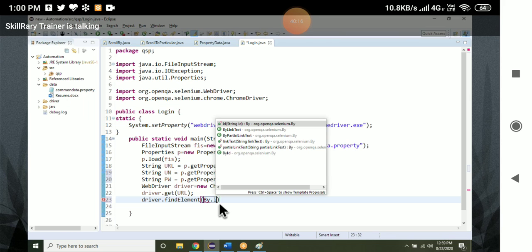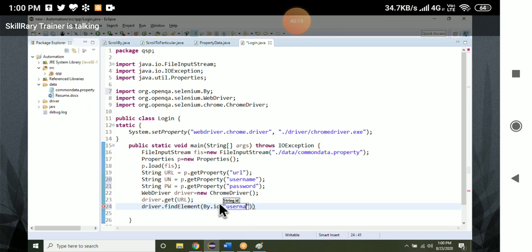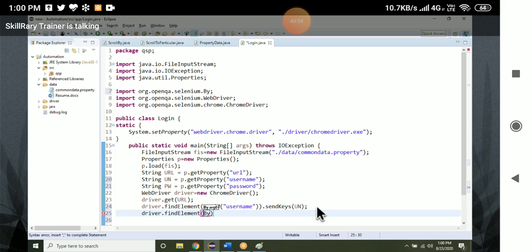What should I send with send keys here? Now this will tell the user for line number name. Same way, enter the password: driver dot find element by dot name, PWD in small letters.